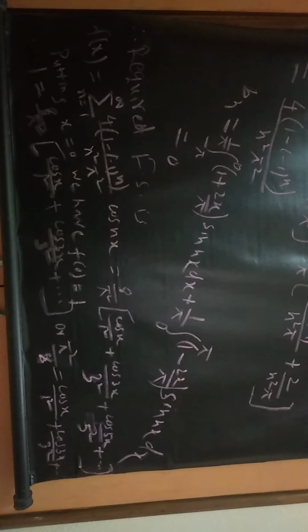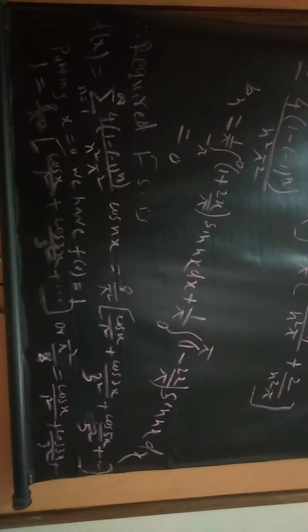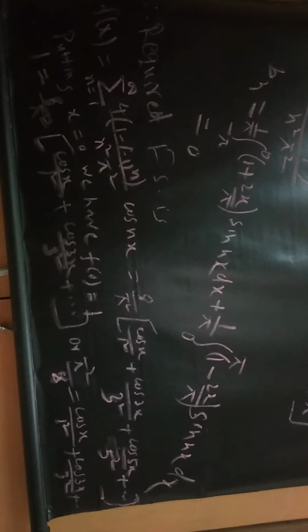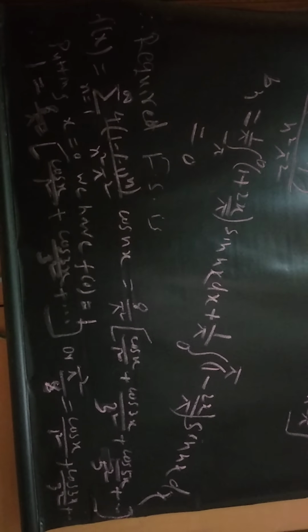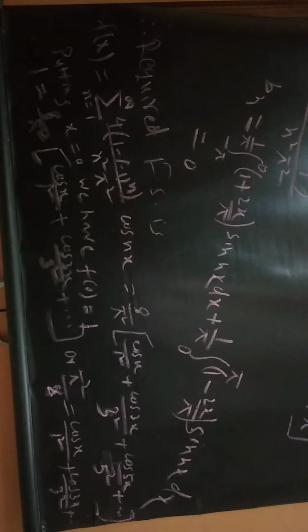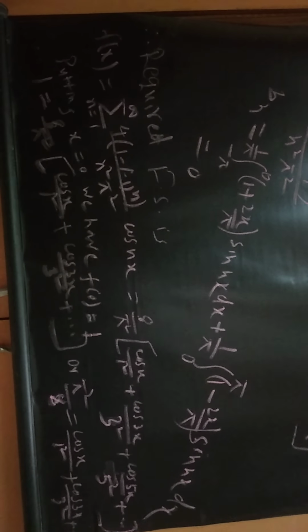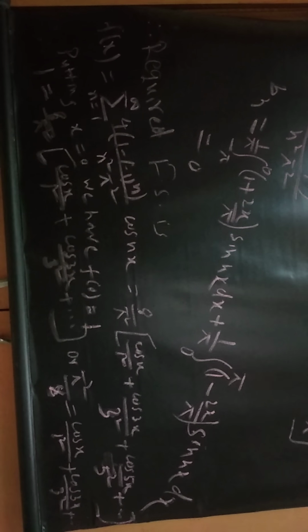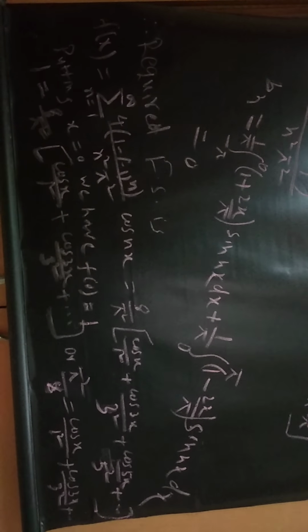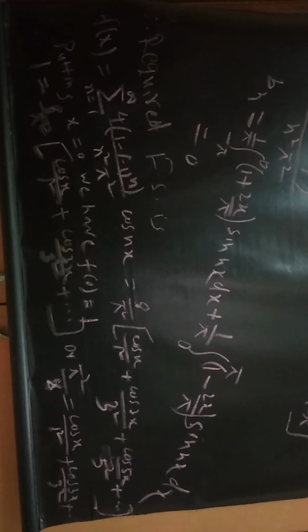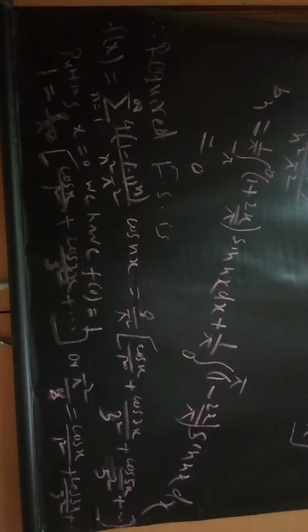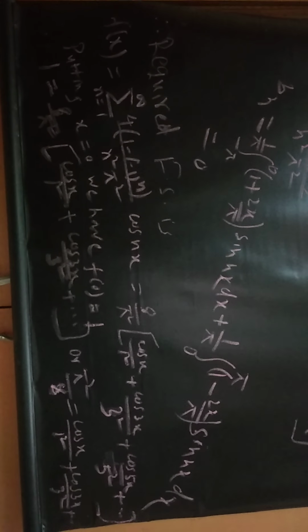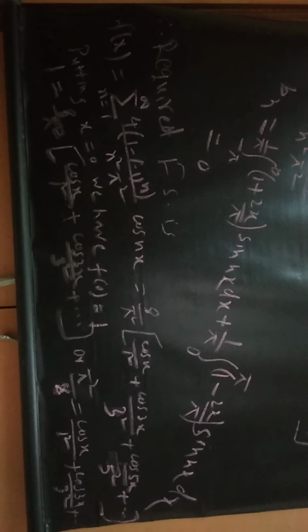But in the intervals we are writing Bn as Bn equal to 1 upon pi integral minus pi to 0 1 plus 2x by pi sin nx dx plus 1 upon pi integral 0 to pi 1 minus 2x by pi sin nx dx. And after evaluation of these limits and substituting the values of the limits exactly as in an, we finally obtain